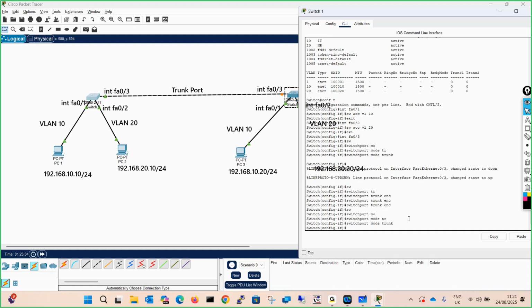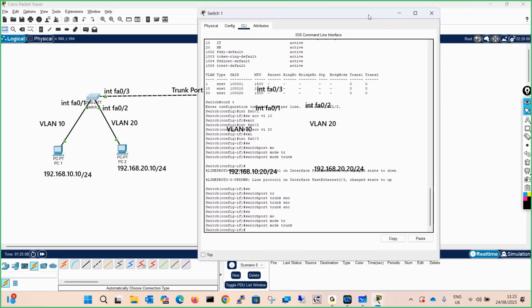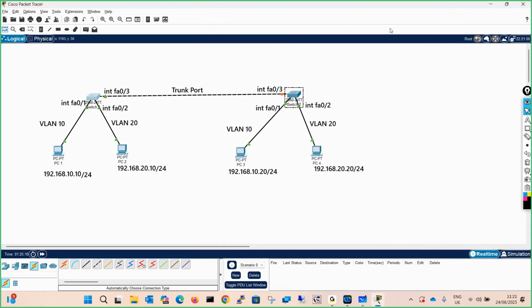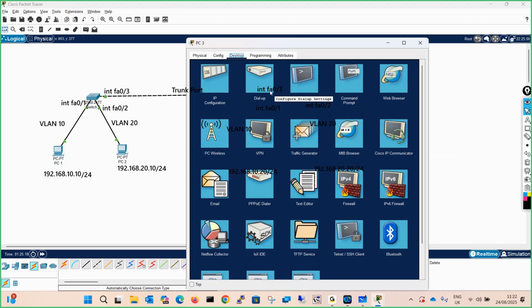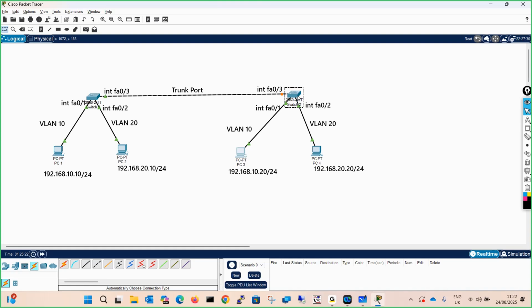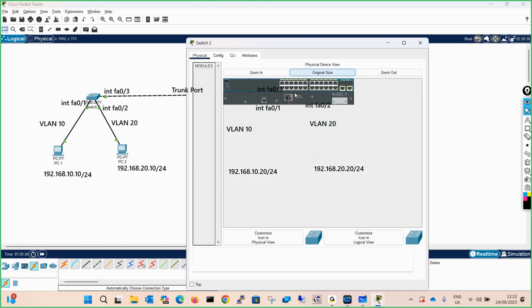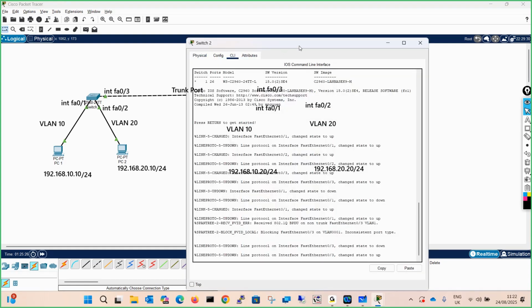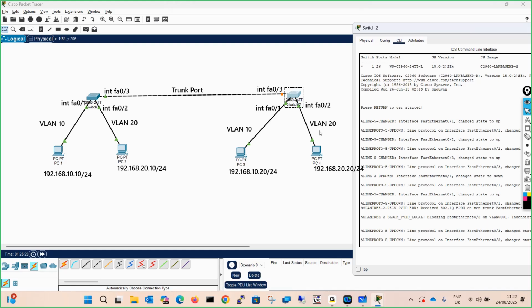Okay, you have made the port a trunk. Now close it. Come over here to the switch. A similar configuration we have to do over here also. Port number 1 VLAN 10, port number 2 VLAN 20, right?